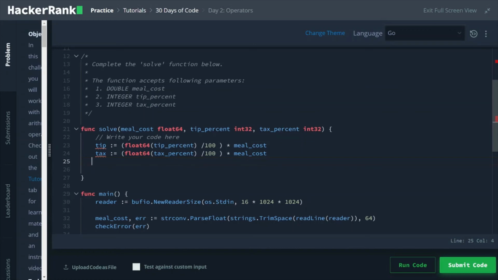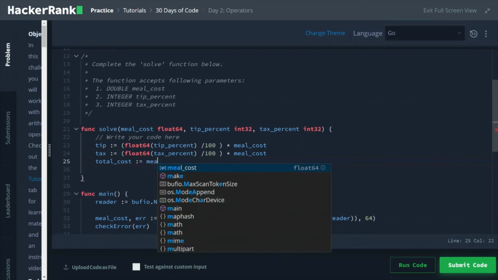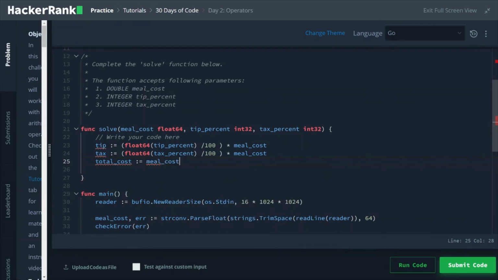Let me declare the total cost. This one will be the sum of meal cost plus tip plus tax.